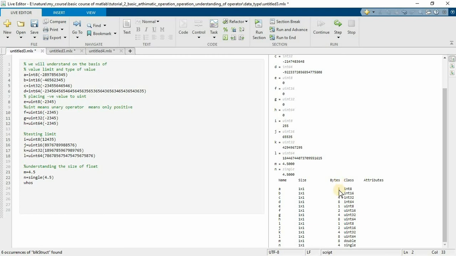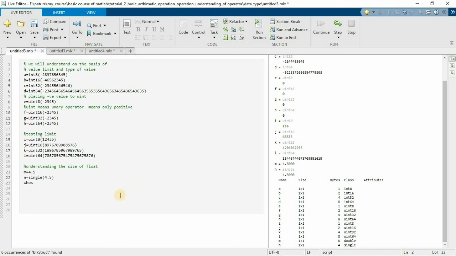Similarly the uint types also consume 1, 2, 4, 8 bytes. Now look at the bottom, m and n. M consumes 8 bytes and n 4 bytes while we are storing the same number. So this is a clear understanding.